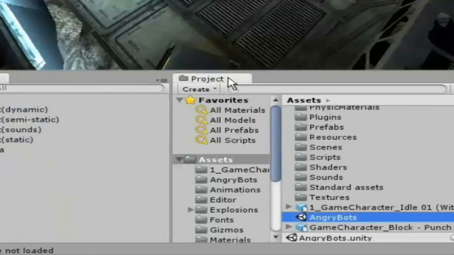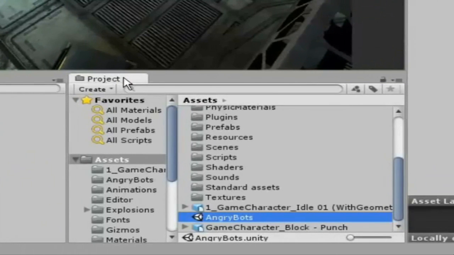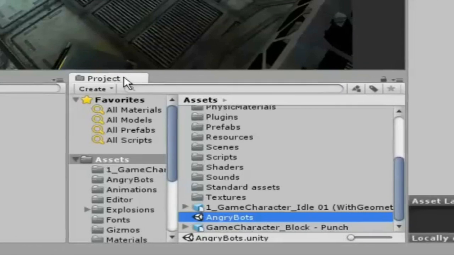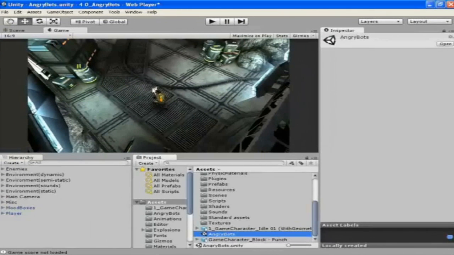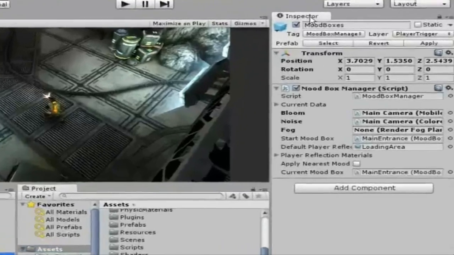The other is the project panel. This project panel includes all the files and elements that you have included in your project. For example, if you have not included a car in the scene that you can see over here, but you have a car in your project, then you cannot access it from the hierarchy menu, but you can access it from the project menu. And the last tab that remains is the inspector tab.